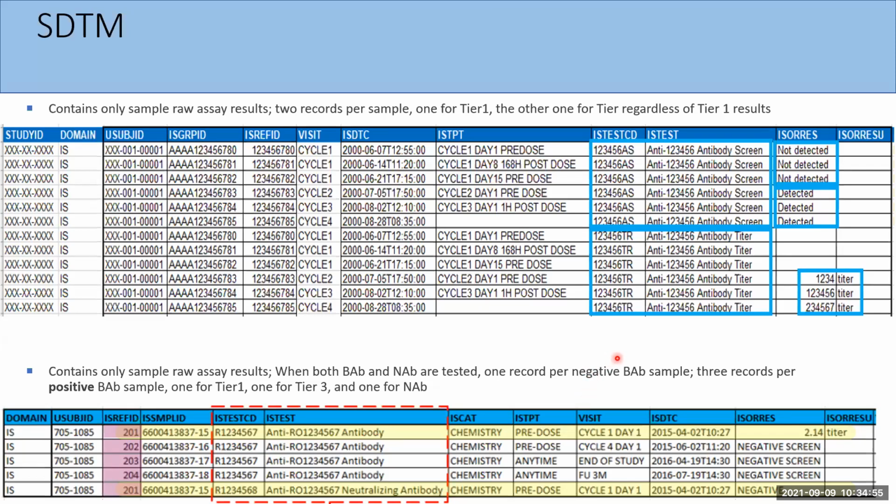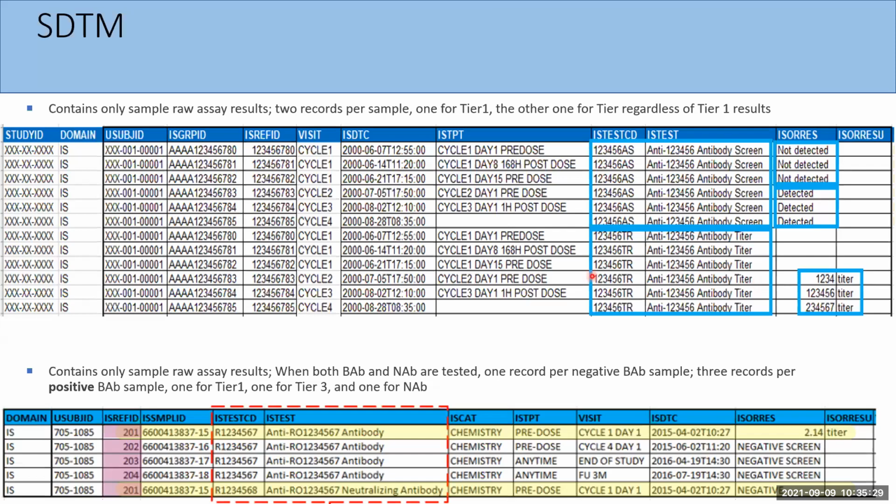This slide shows two examples. In these two examples, raw assay results are included in the IS dataset. The difference is that the top one contains one record for the binding ADA test, and another for the neutralizing ADA test if it's available. The confirmatory result and the titration result are presented as subcode variables. It can be considered a wide horizontal structure, like one